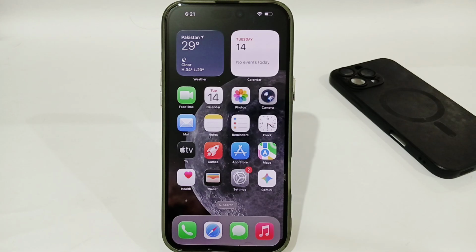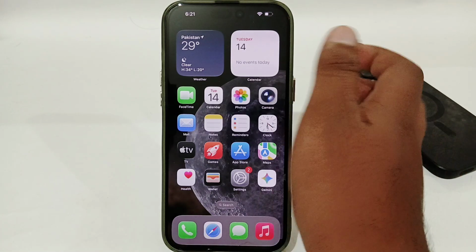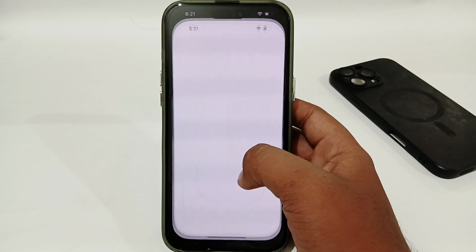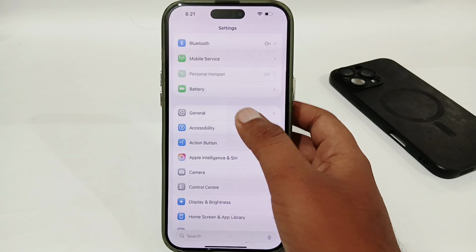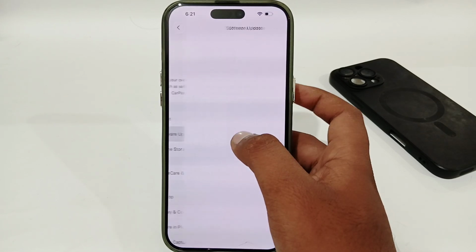So the very first thing, you have to make sure that you have a stable and strong internet connection, and you also have to make sure that your VPN is not connected, or if you have any connected VPN, try to disconnect it. Then you have to open your settings, go to General, go to Software Update, and here